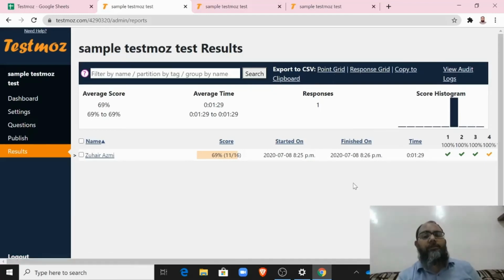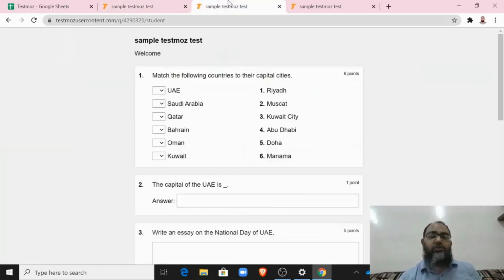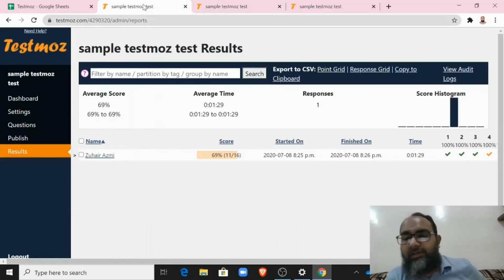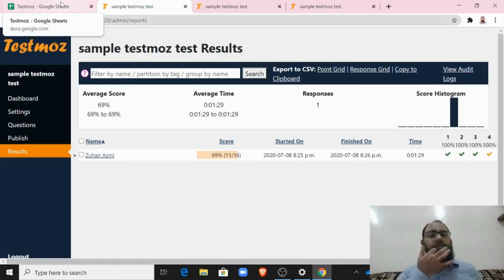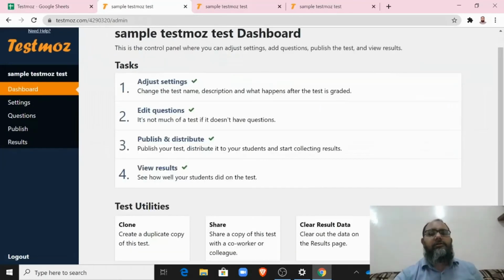However, one drawback of the Testmoz free version is that the student will not be able to see his test later on. So the only time that he has got to see his test is after he has finished it, but he cannot store a copy of it with himself. The other drawback is that parents will not have access to this test. So if you are okay with not having these options, then the Testmoz free version is quite a good option to test your students. So I have taken you through all the steps to create, assign, and grade a test